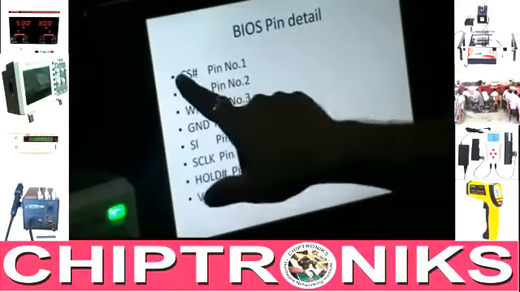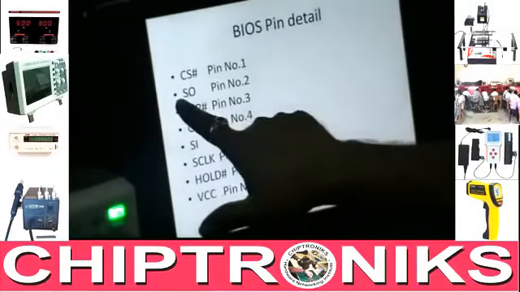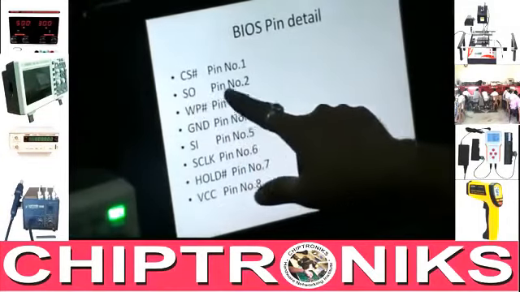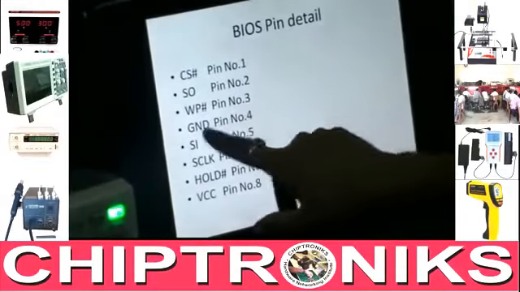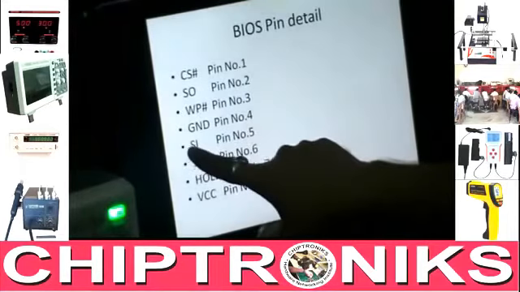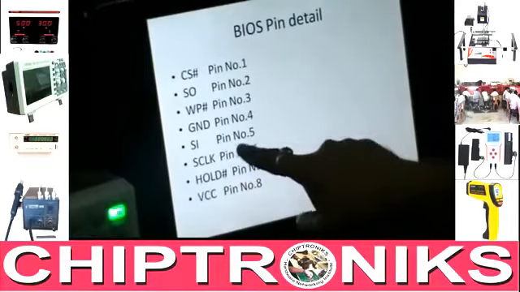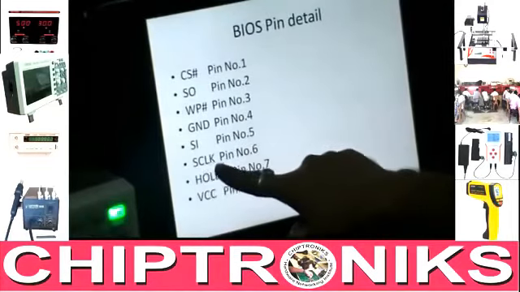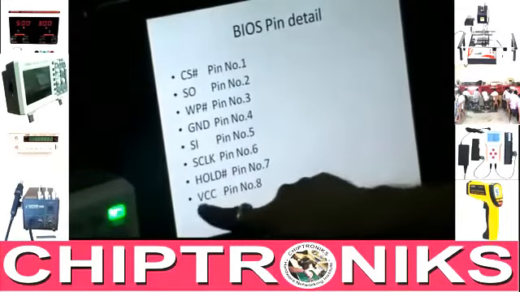Pin number 1 is the CS hash pin, and pin number 2 is SO, the system output pin. Pin 3 is WP, write protect. Pin number 4 is GND, the ground pin. Pin number 5 is SI, the system input pin. Pin number 6 is clock, pin number 7 is hold, and pin number 8 is VCC.